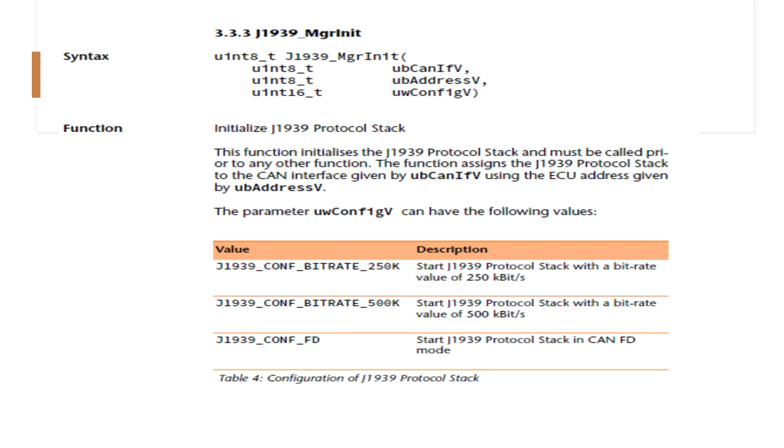One is J1939 underscore conf underscore bitrate underscore 250k, that is 250 kilobits per second, and another is 500 kilobits per second. Sorry, it's bits per second. And FD is with respect to the flexible data rate, where CAN FD mode is there with that rate.